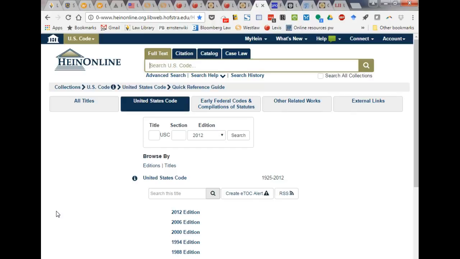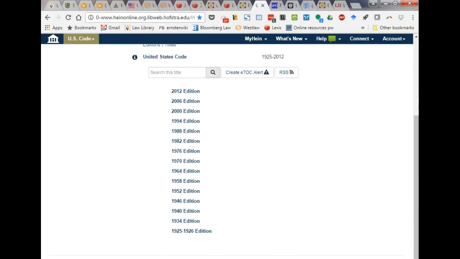So here in the U.S. Code. The U.S. Code, the official version, is published every 6 years. I have no idea why 6 years. But you can see here on Hein going back every 6 years to when the U.S. Code first started as it exists now in 1925. It used to be published in something called the Revised Code. And if you need to go back that far and look at a statute that had existed prior to 1925, go ask a reference librarian, because it's probably not something most of you will ever need to worry about. But do know that it's updated every 6 years, and the reason you need to know that is that